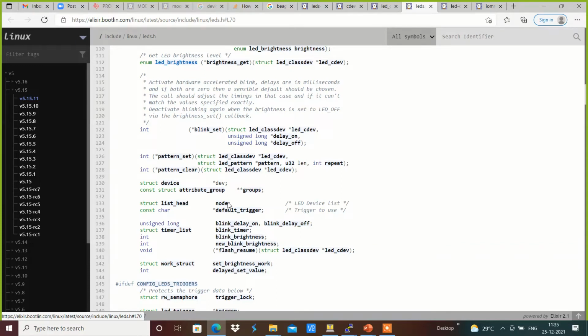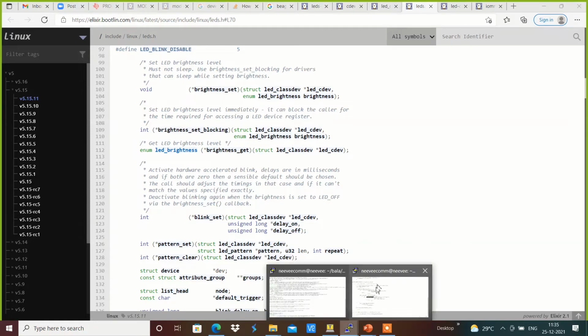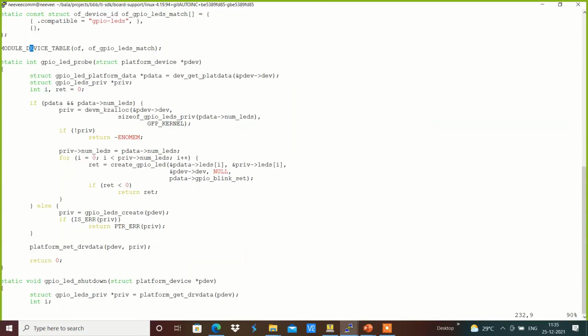Similarly, whenever we set the brightness of the LED driver, the brightness_set function is called. This brightness_set function takes the brightness value as a parameter.